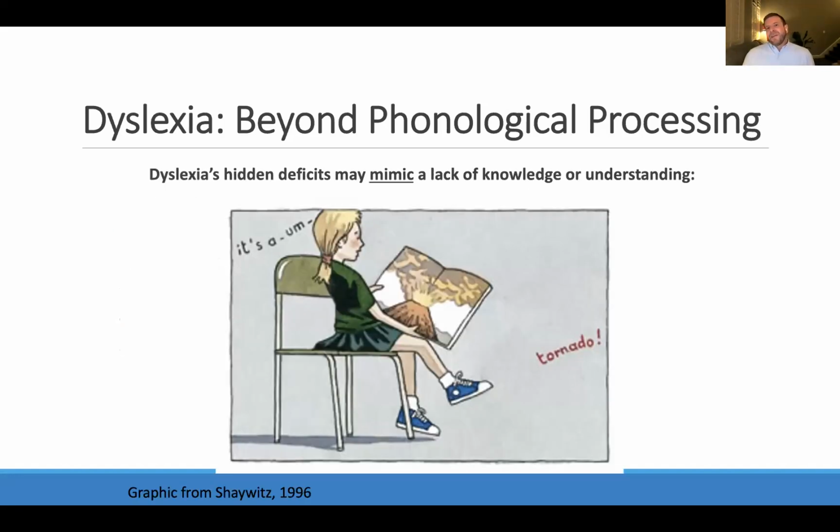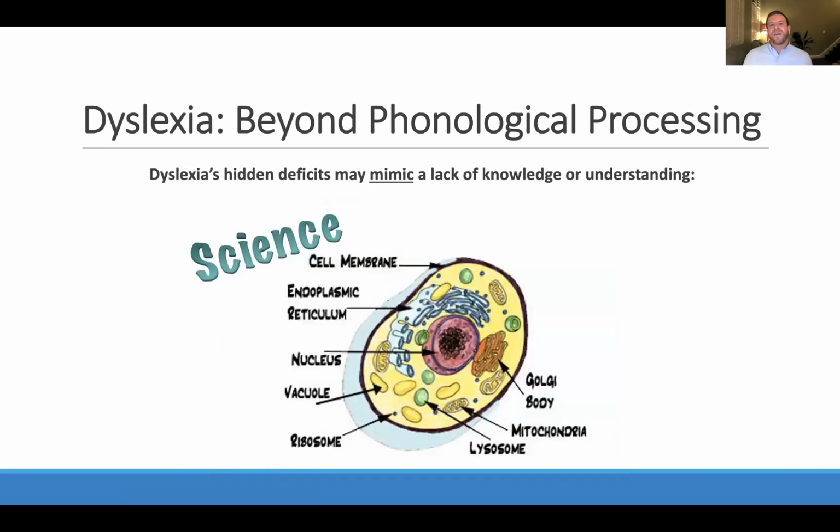So this is exactly what can be the case for folks with unidentified dyslexia, or where we're not fully appreciating its impact. This is from Sally Shaywitz's probably original edition of her book in 1996, but it's a student looking at a volcano and saying tornado. If you were to ask this student, you know what this is, it's a volcano, don't you know what that is? And they might say, oh, actually, yeah, lots of lava comes out of it. They may know everything about it, but there's that mixing up of the words, right, that can happen. We see it in other areas too.